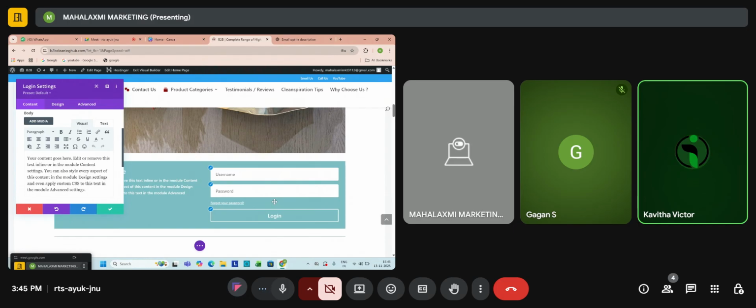Correct? Yes. So this is for the first page of your e-commerce website. It will work under a plugin. A plugin has to be installed, and you have to do some settings there. After that, people can log in with their username and password.